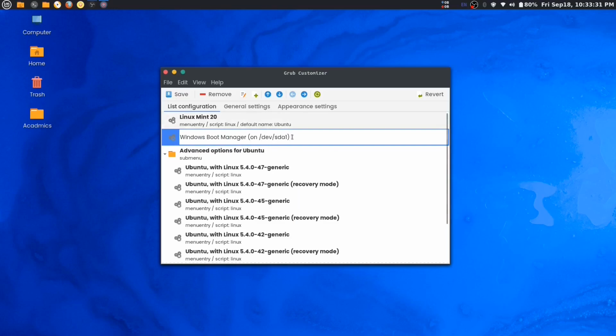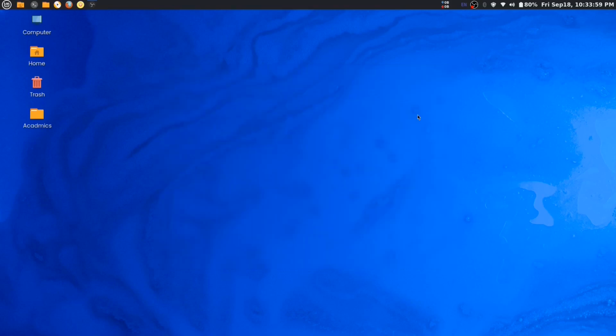It is not a big deal, right? For example, this Linux Mint 20 was by default being called Ubuntu, but it is not Ubuntu, it is Linux Mint 20. So to have a clear picture of what I am using, I just renamed it to Linux Mint 20. After you rename it, don't forget to save and quit, and then it will work.